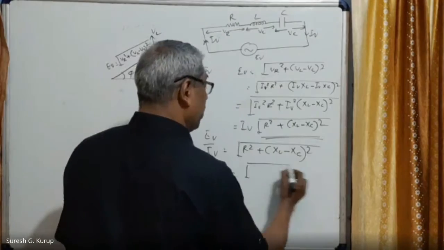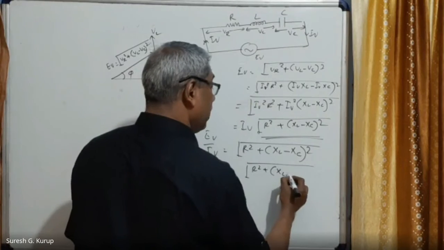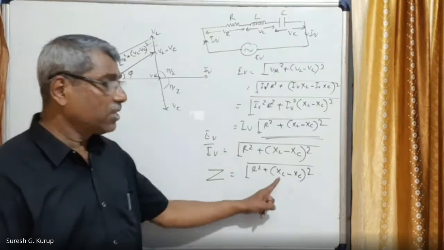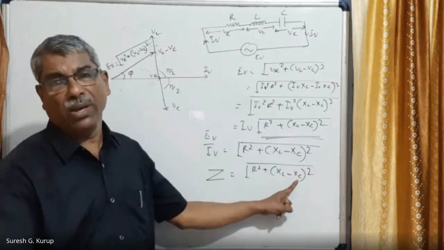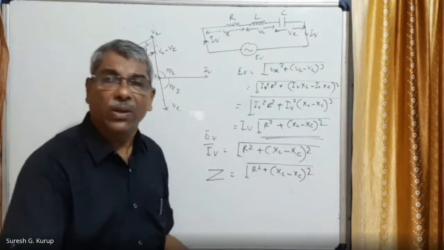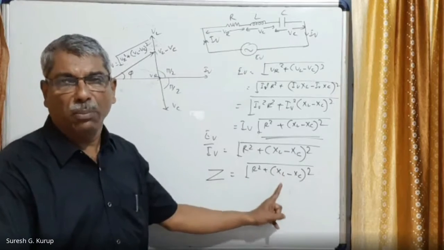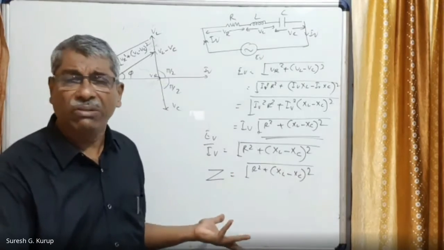Impedance is equal to square root of R square plus (XL minus XC) the whole square. At this place, XL we can write as L omega, and XC we can write as 1 by C omega. If it is a capacitive circuit, then that will be equal to (XC minus XL) the whole square, that means (1 by C omega minus L omega) the whole square. Well, that is the only difference.